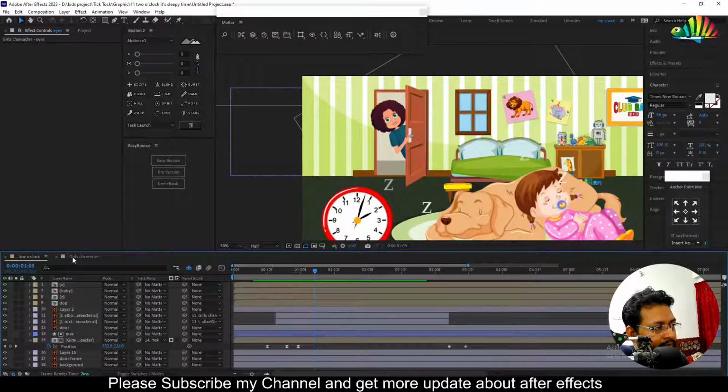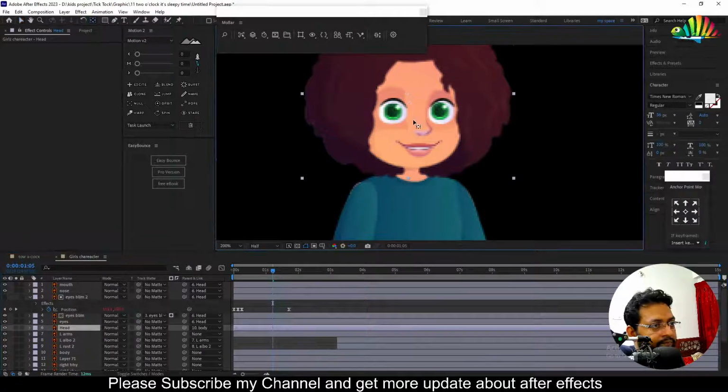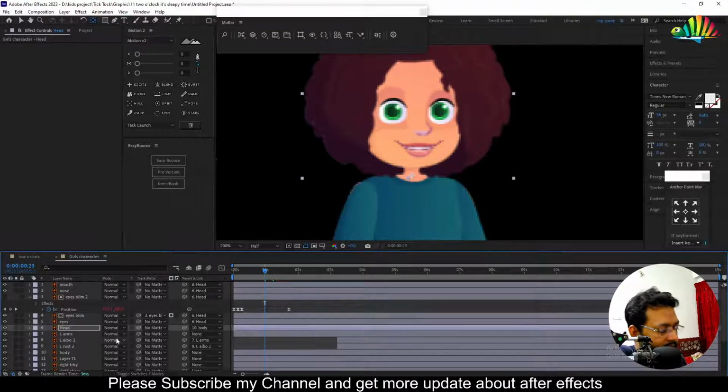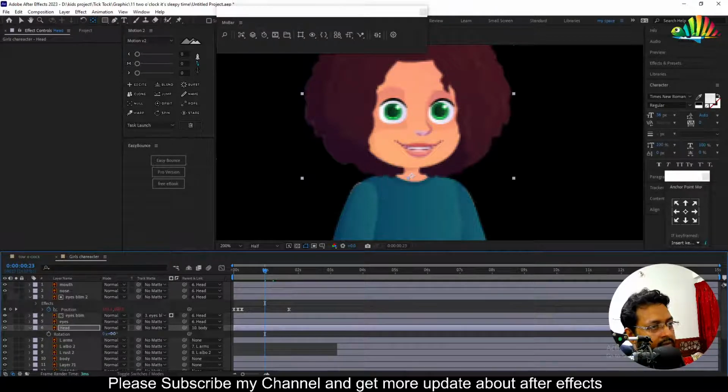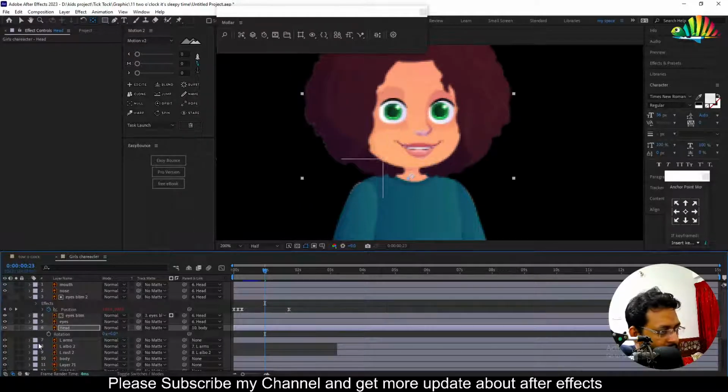So all I have to do, let's select this head area to the body. So if I rotate it, let's press here and rotate it to activate the rotation keyframe. Okay, so at the 10 keyframe,